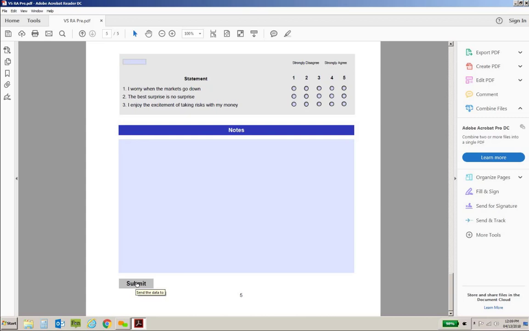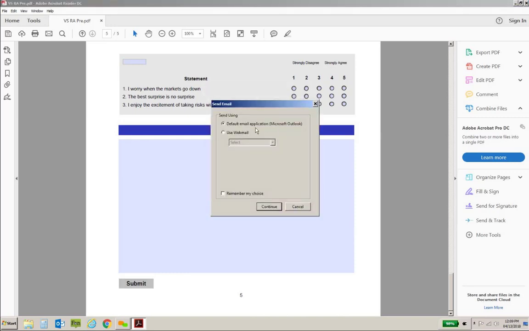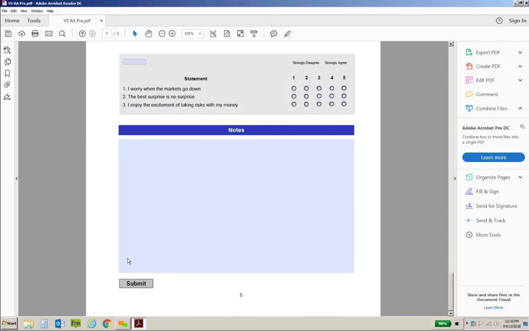They can enter a password if they wish, personal data flying around on the internet, and that's again why that introductory text box, I think, putting a note in there about if you wish to use a password, make sure you record it and send it to me. So then clients are given an opportunity to use Microsoft Outlook or webmail. So webmail would be something like Gmail or Yahoo. And so all they do is they hit the continue button, and by clicking that submit button, what happens is